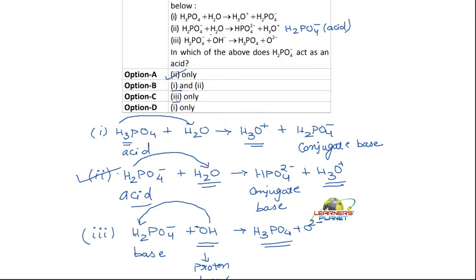Now, from which topic is this question, students? This topic is from ionic equilibrium, or I can say this is conjugate acid-base pair. And the marking scheme here was plus 4 and minus 1. That is, you'll be given 4 marks for the right answer and minus 1 for the wrong answer, right? So this was just a question of common sense. That's it.